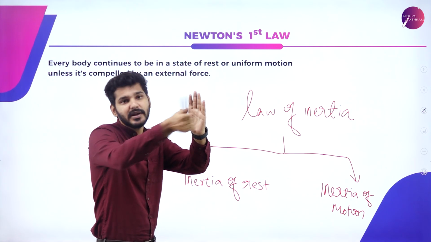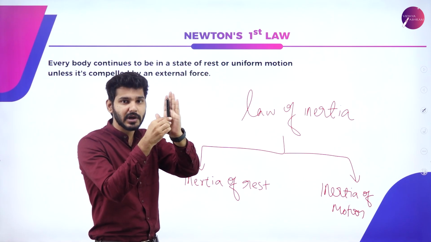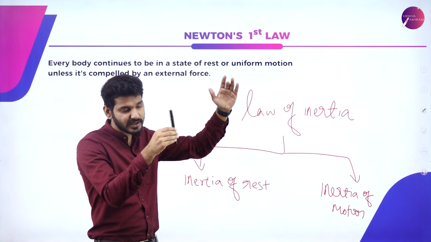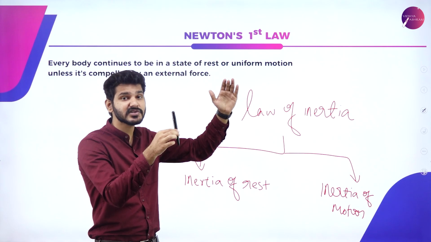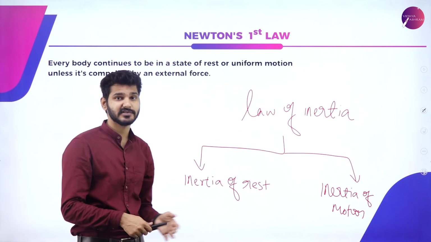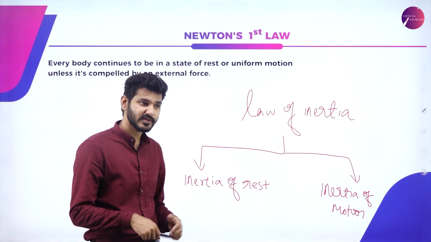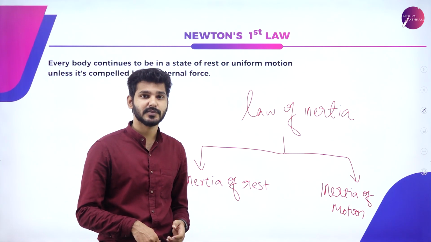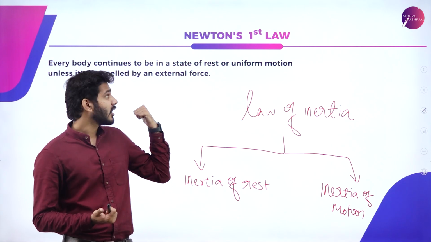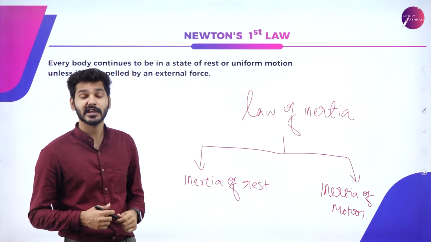and while you're beating the carpet, what happens? This is the dust particle, this is the carpet. While you're beating, the carpet actually moves backwards, but the dust particles which have inertia of rest fall down under the influence of gravity. So that is one famous example for inertia of motion and inertia of rest. And the same thing can be said about a wet towel that is being shaken abruptly. So many examples are there. That is all about the first law of motion, or simply known as the law of inertia.